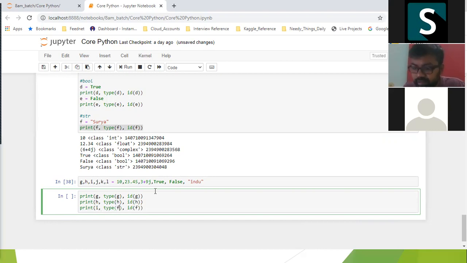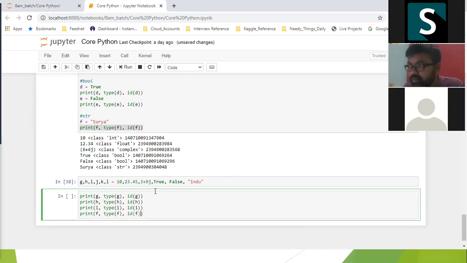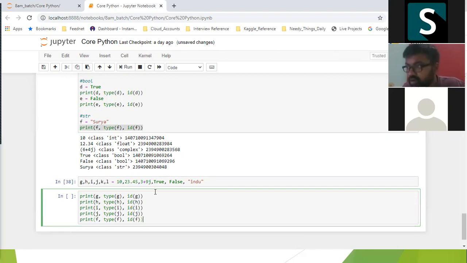Just replacing the letters. So we are just cross-checking whether my interpreter is working properly or not. It is taking all the multi-assignment at a time or not.